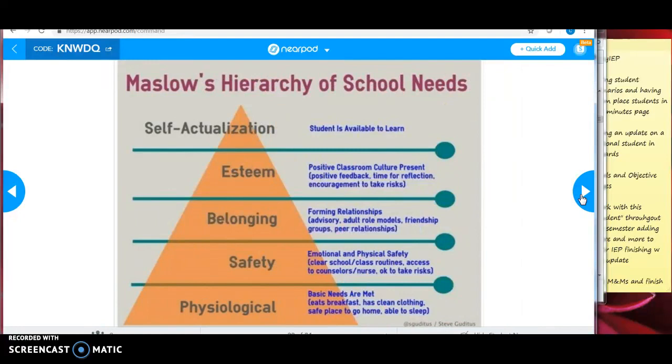Moving on, you will see here that there is Maslow's hierarchy of school needs. We've talked about Maslow's hierarchy of needs, but not necessarily in terms of what a student needs in their school day in order to be available to learn. So if you look all the way at the bottom of the hierarchy, we have physiological. So the student's basic needs are met in terms of eating breakfast, has clean clothing, a safe place to go